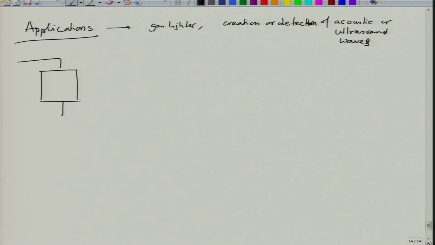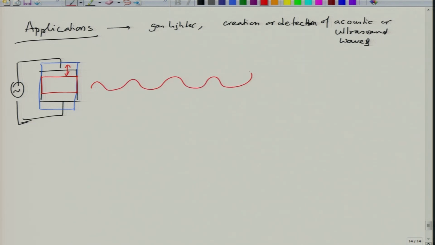If you apply a pulsating field to it, which means at some point it will become longer, at other point it will become shorter. So, this size will change depending upon the sign of the signal. So, when this changes its sign, it creates what we call these kind of waves, and these waves have frequency in the ultrasound range.